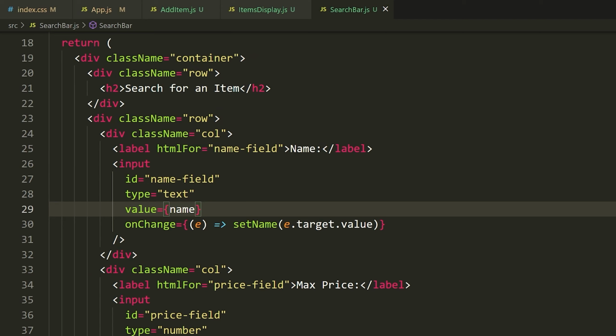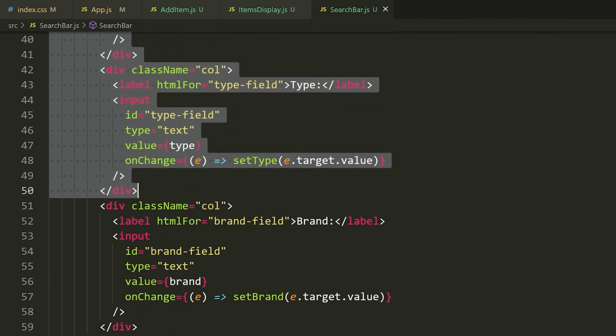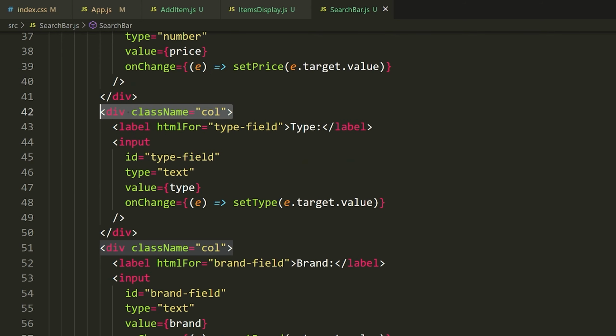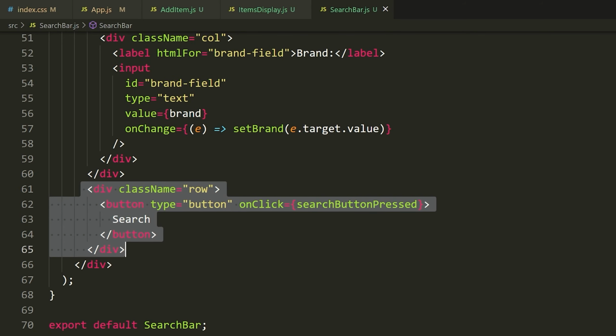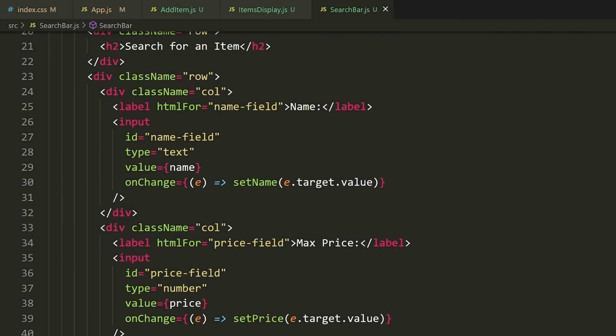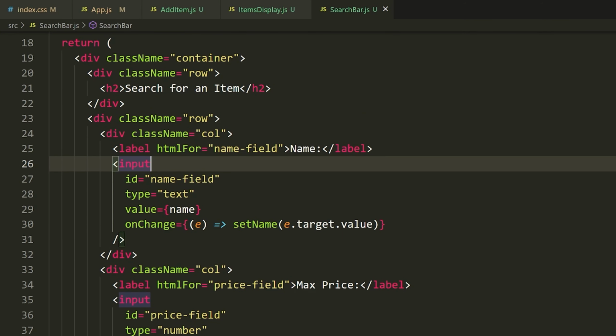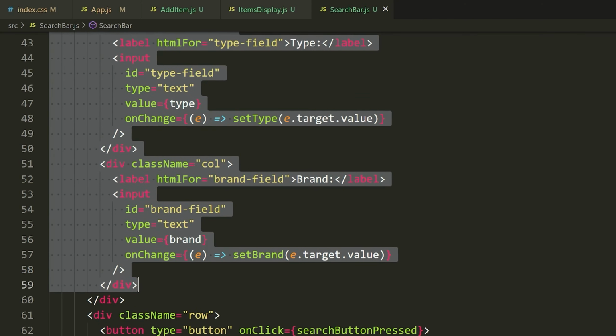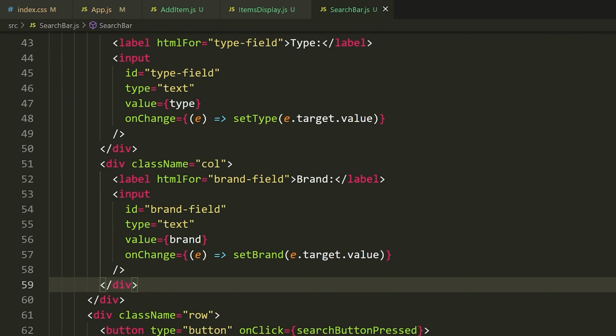Okay, I'll slow down for a second. I know some of you are probably having a hard time following. So I have a row. I have another row. Inside of this row here, I have 4 columns. So I have a column for each of these individual input tags. Then I have another row for my button. And what's going to happen here is Bootstrap is automatically going to make it so that my 4 columns take up the exact same amount of space inside of my row.